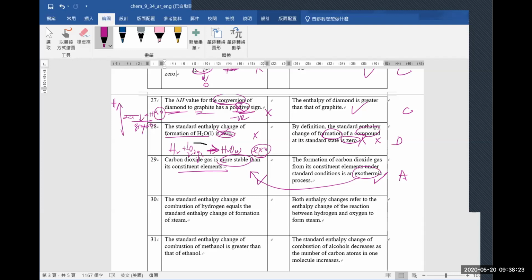Or somebody would argue it is B: because the reaction is exothermic, the chemical is more stable. Or because the product is more stable than the reactant, the enthalpy change of